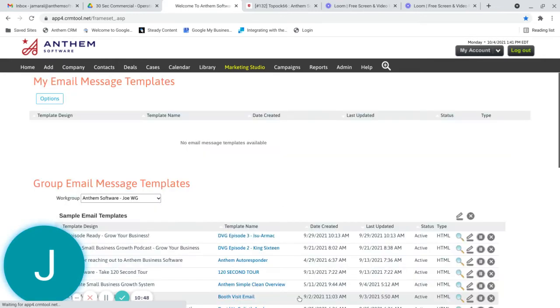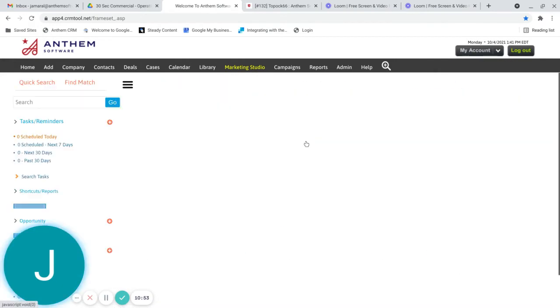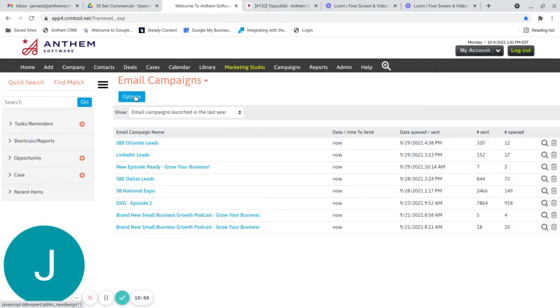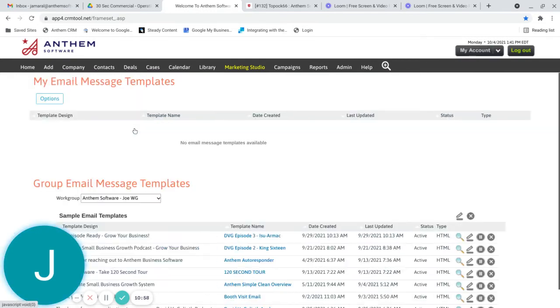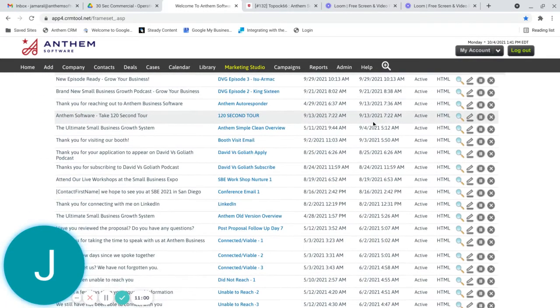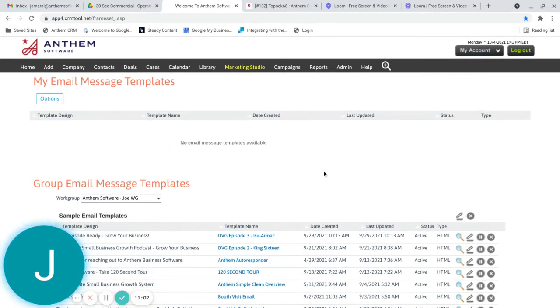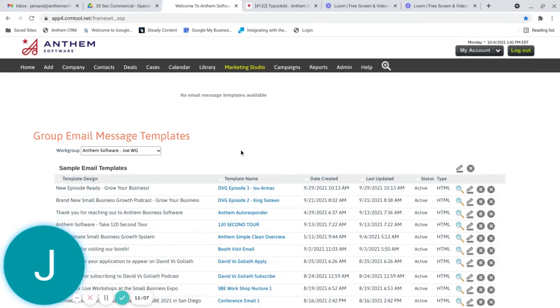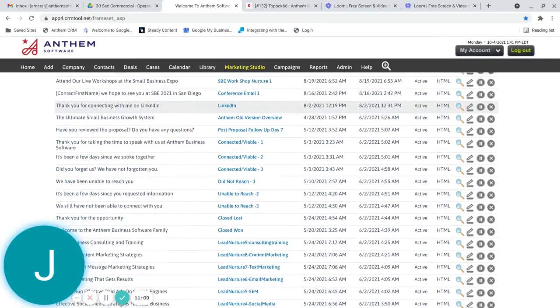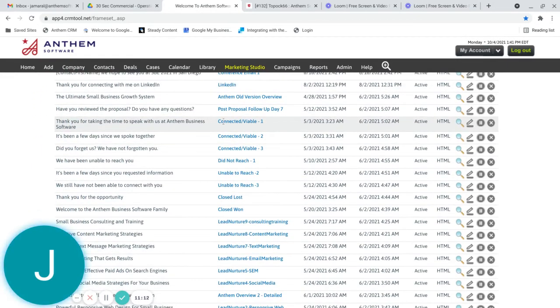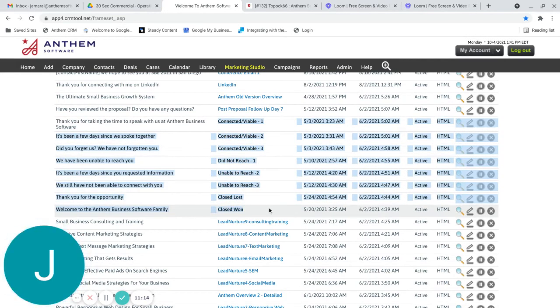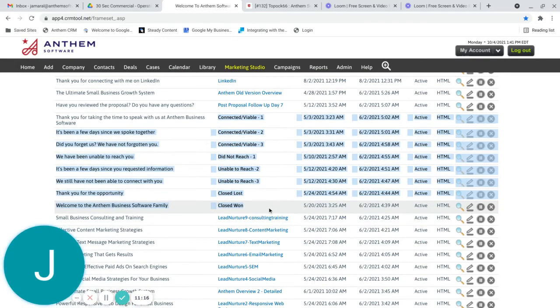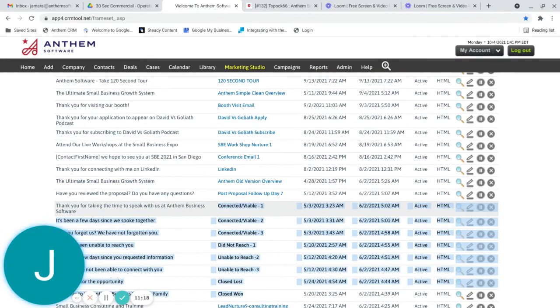But again, going back to Marketing Studio, email marketing templates, options, manage email templates. Here's where you see all of the email templates that we've already got preloaded in the software system, which, as this is an overview video, you're only going to have a basket of them, which are mostly going to be the ones that are sales related, sales follow-up related, contacted viable, do not reach, closed won, and then a review email, an email that recommends that people leave you a review,